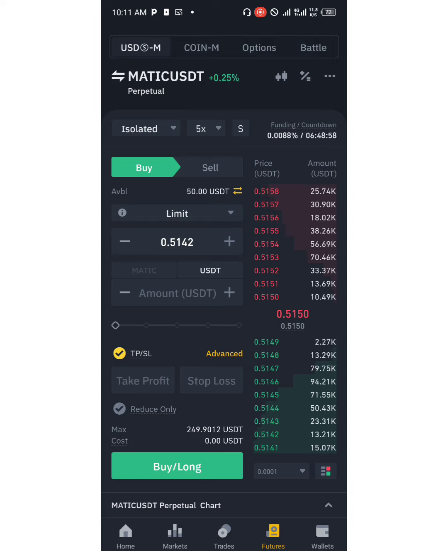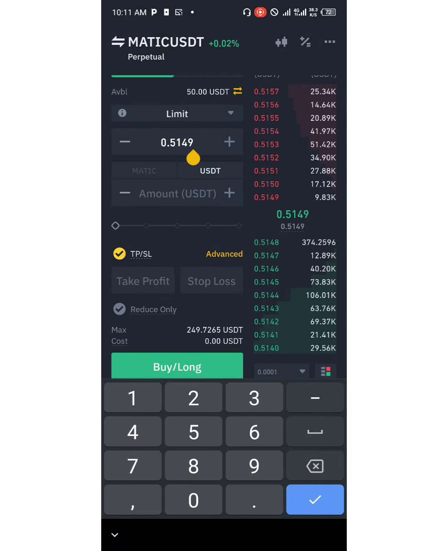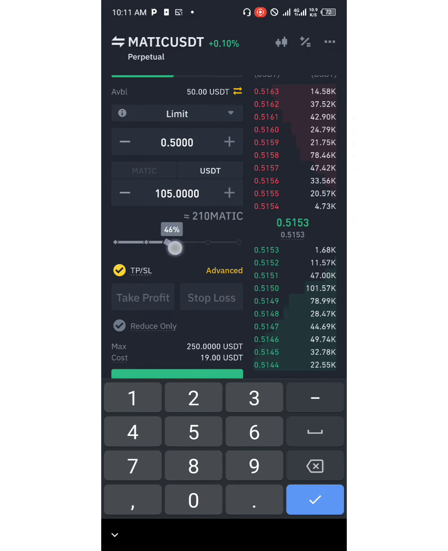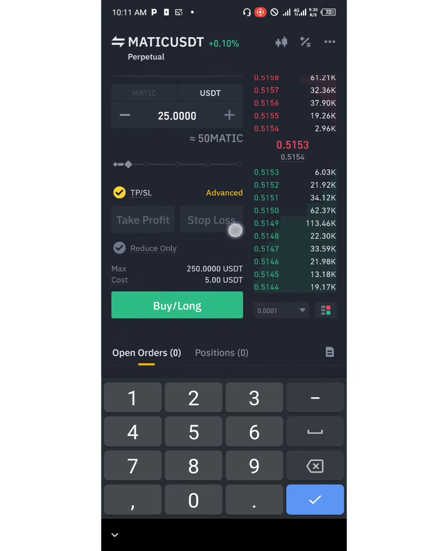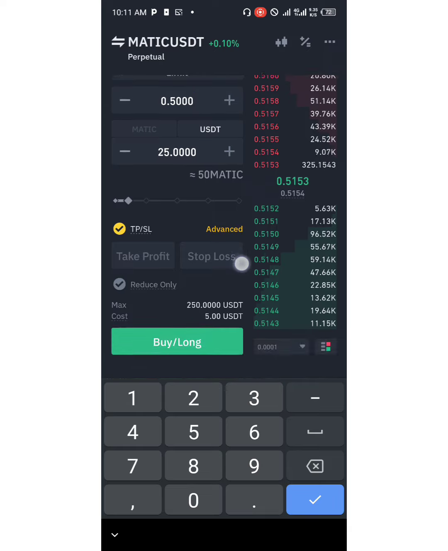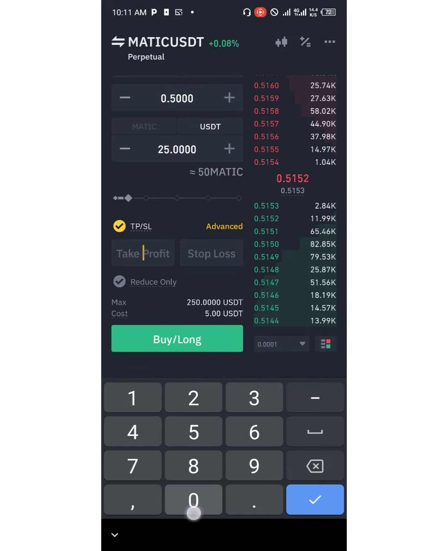I'm just going to set this at isolated, so we can actually see what I've been talking about. This is isolated right now, and I'm buying at limit price first. I'm waiting for the price to go to 0.5000, and then I'm buying with how much of my portfolio? That's why I'm dragging this cursor. I want to buy with 10% of my portfolio, and then I want to put my take profit at, let's say,